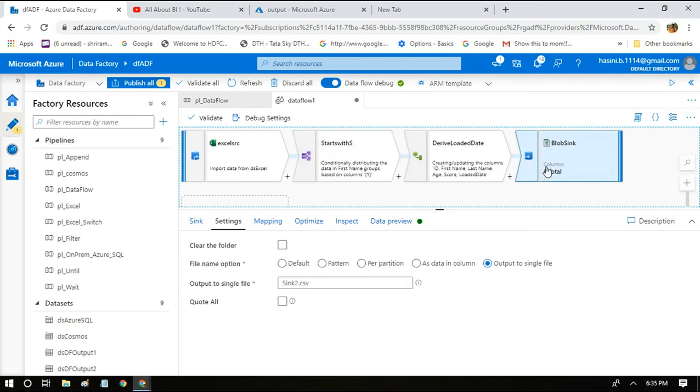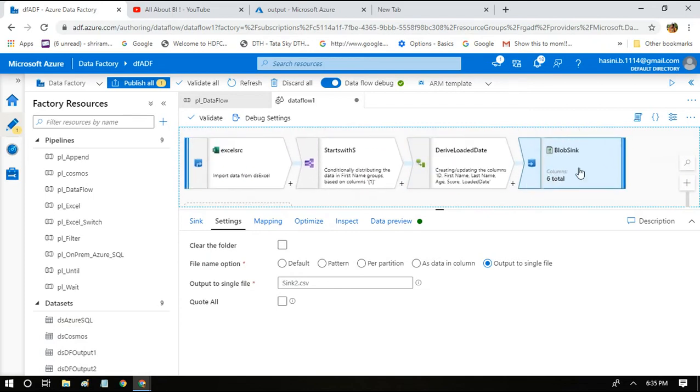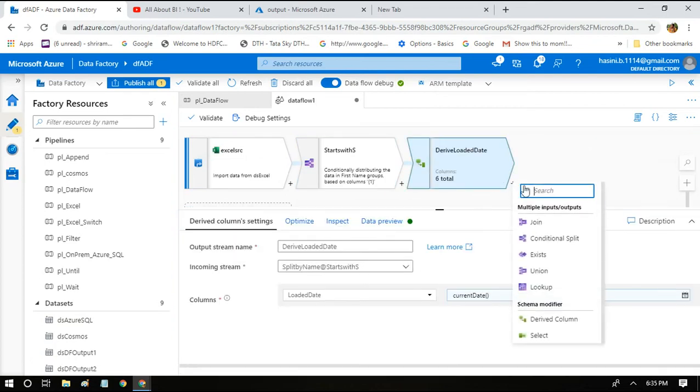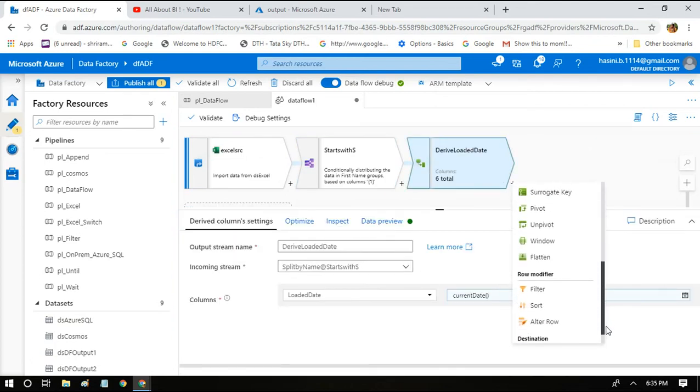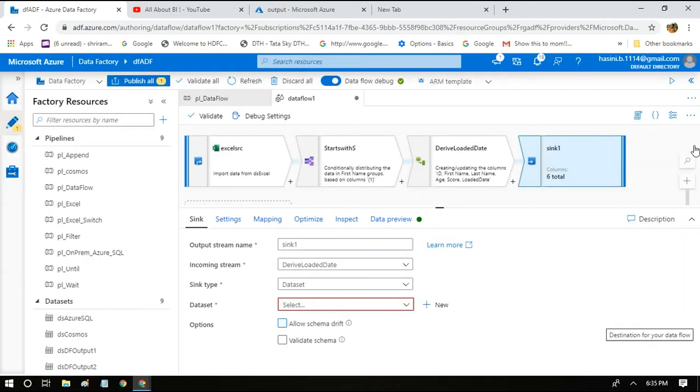I just wanted to show you some properties in the sink, so I am deleting it right now. We shall add a sink freshly and I will show you something. I'm adding a sink.